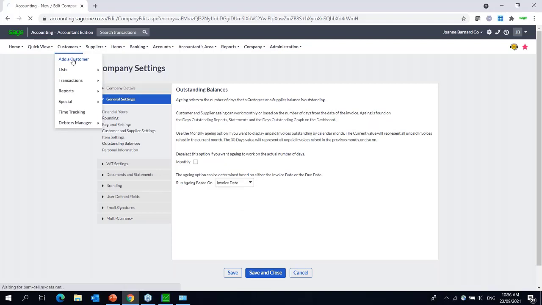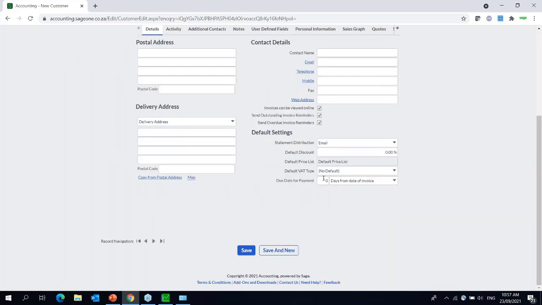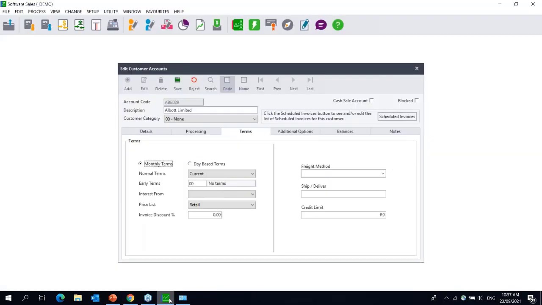Then when you set up your customers or your suppliers, you set up the days, 30, 60, 90, or your 7, 14, or whatever the days are. So if it is month-based, you can still go 30 days, 60 days, 90 days. It's just you're using the days, not last month, this month, next month, that type of thing. So guys, I find that that works, and they've said that is their workaround for that. So just on that,